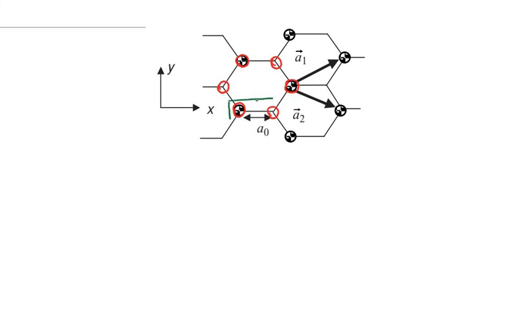So this is one unit cell, and this is another unit cell, and similarly we have an atom over here. This is another unit cell, and then we have another atom over here. This is another unit cell, and so on. Okay, so now that we have defined the unit cell, the lattice vectors, or the lattice translation vectors, which make up